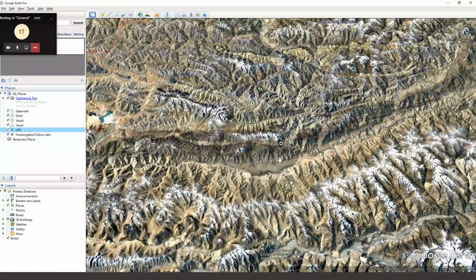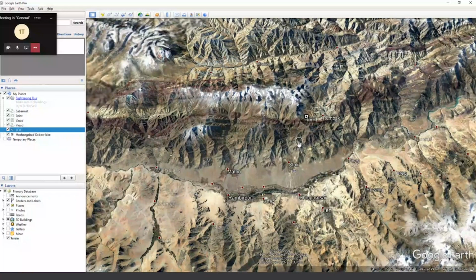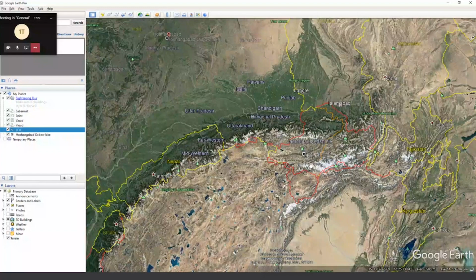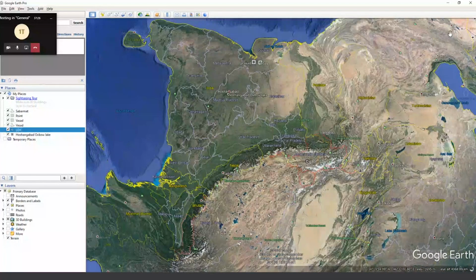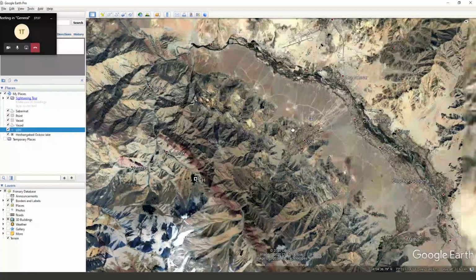What you are seeing here is the Indus River flowing in Leh. Leh is a well-known tourist place, so I hope you all understand where the location of Leh is. If you see our Indian map, this is the map of our India, and we are somewhere in the Himalayan terrain, in the Leh Valley. These are all the sediments or the water streams which are flowing from the hilly terrain,